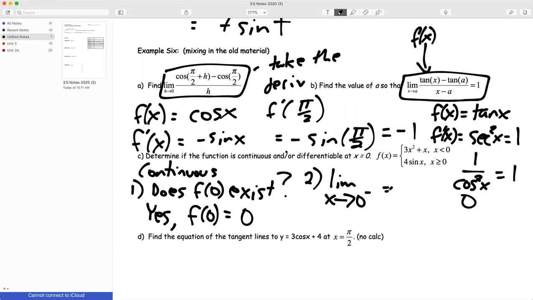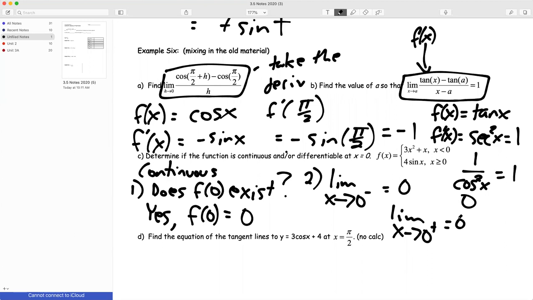That's going to give me 0 plus 0, which is 0. And I just found the limit as x goes to 0 from the positive side. That was also 0, meaning that this is continuous. Wait. How do you do 4 sine of 0? Is it just 0? It's the same as f of 0. I plug 0 in, and the sine of 0 is 0 times 4 is 0. Therefore, my limit exists. Therefore, my function is continuous at x equals 0 because f of 0 is